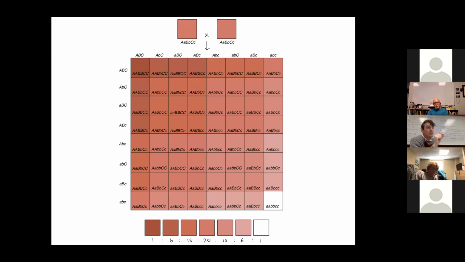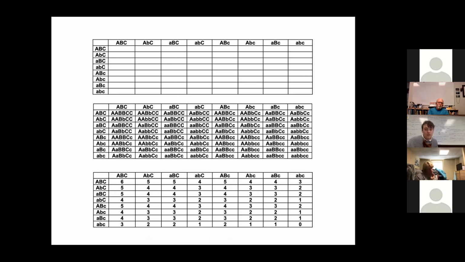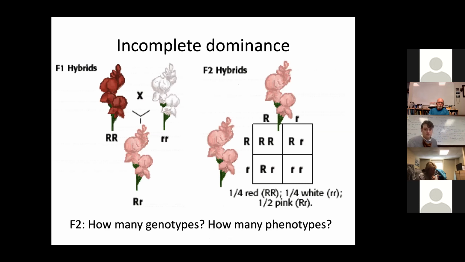And if you were to produce, say you're a wheat farmer, right? You make this cross and you produce dozens or hundreds or thousands of seeds. You could then plot the frequency of each color. Or if you're breeding snapdragons like this, you could plot the frequency of the different colors, and you would end up with a graph